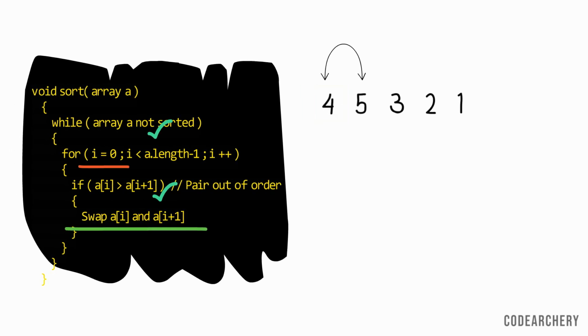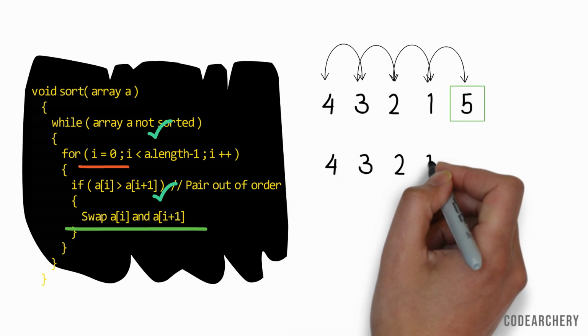So now the value of i is incremented. Now again 5 is greater than 3, so we do swapping. As you can see, we'll first swap 5 and 2, then again we'll swap 5 and 1. So I am directly writing the sorted list. You will observe that the largest element is at its correct position.